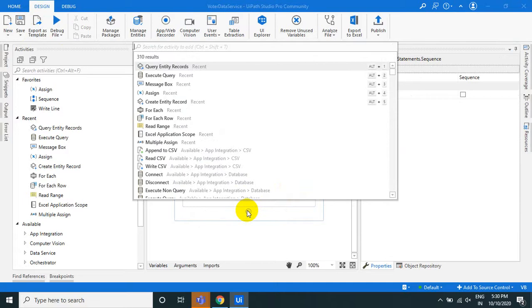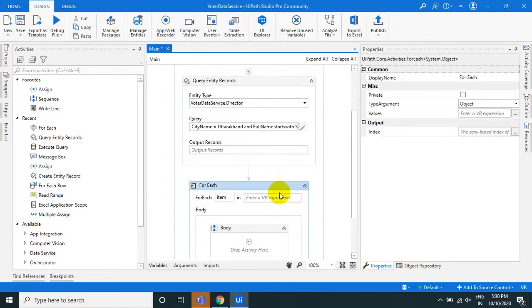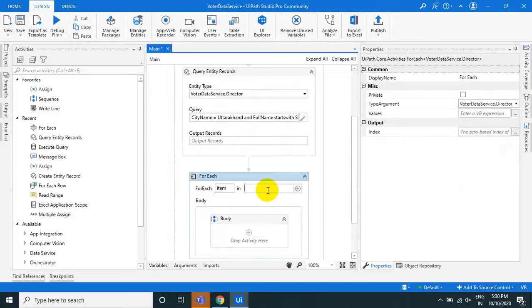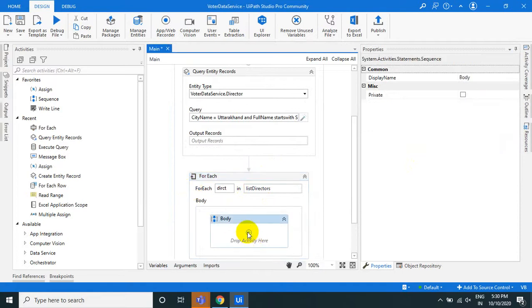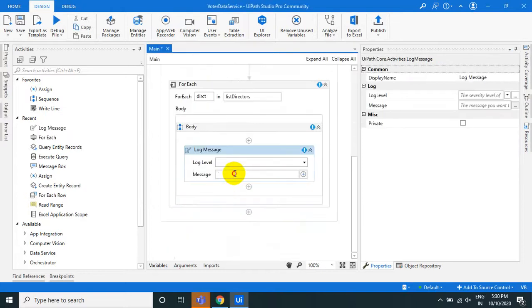So let us create a for each to display all the details. For each, the type is the director type, and the list is the list of directors. This item is the director. I'm using a log message to display the director dot full name.